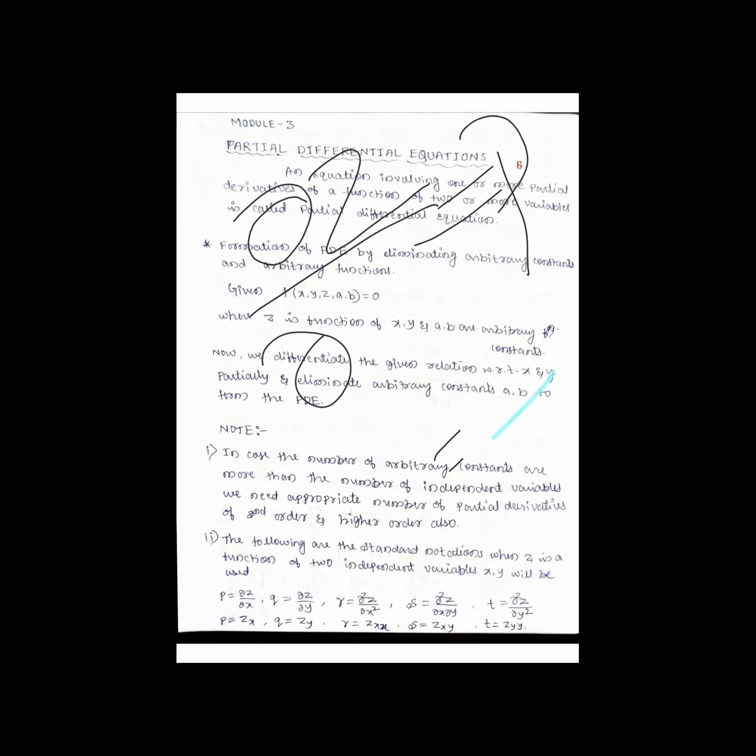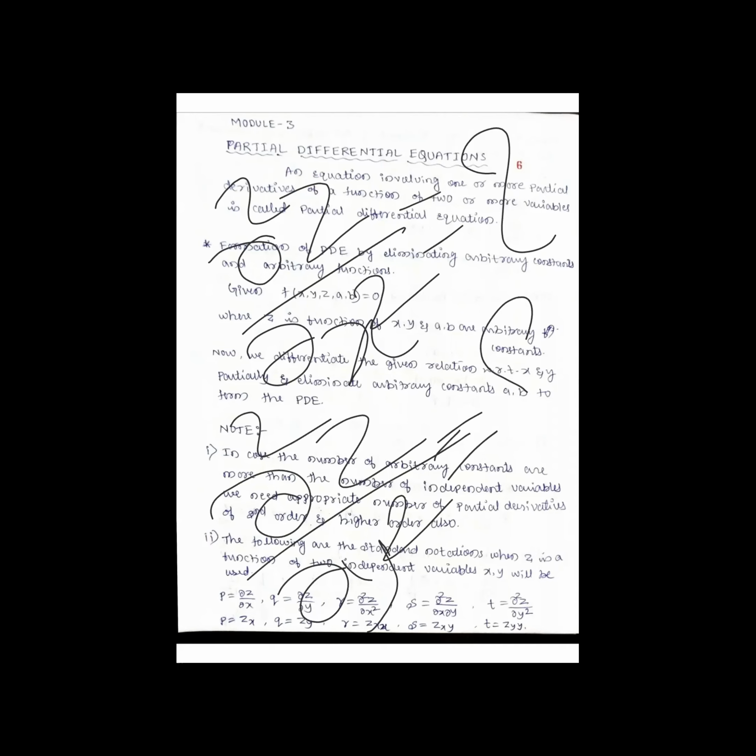When dou square z by dou x square comes, what symbol do we write? When dou square z by dou y square comes, what symbol do we write? If a mixed derivative comes, for example dou square z by dou x dou y, what do we write? Everything I have given in the second point. So p is nothing but dou z by dou x. q is nothing but dou z by dou y. r is nothing but dou square z by